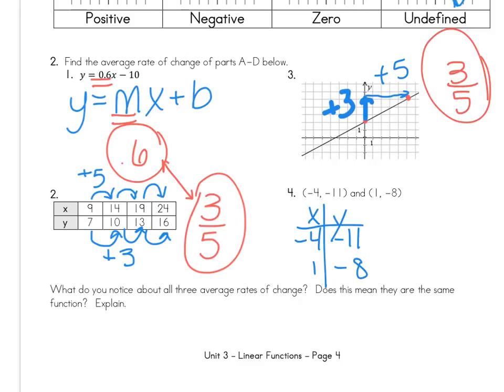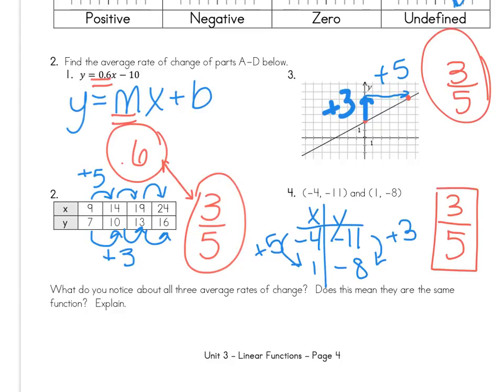All right, let's figure out how these are changing. To get from -11 to -8, I added 3. And how did I get from -4 to 1? You probably guessed this already. I added 5. So my slope is a change in y divided by the change in x, which is 3/5